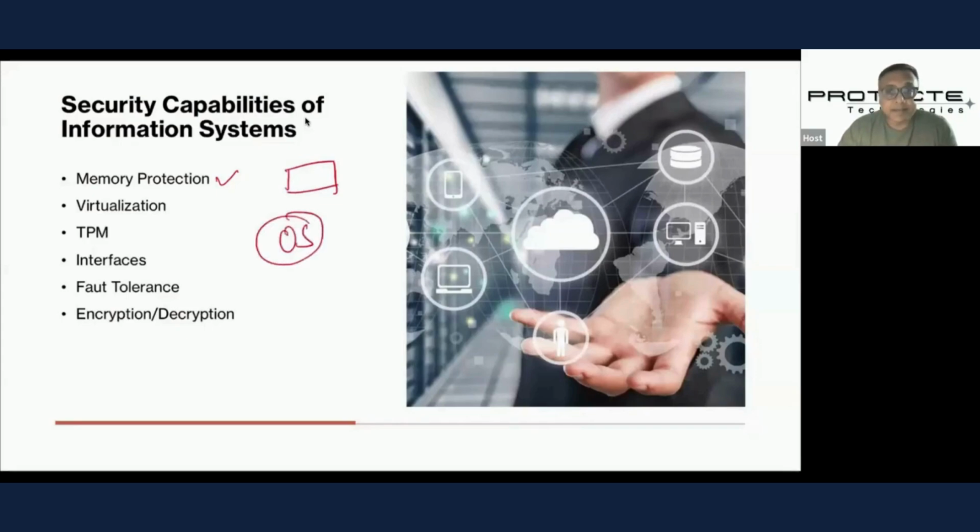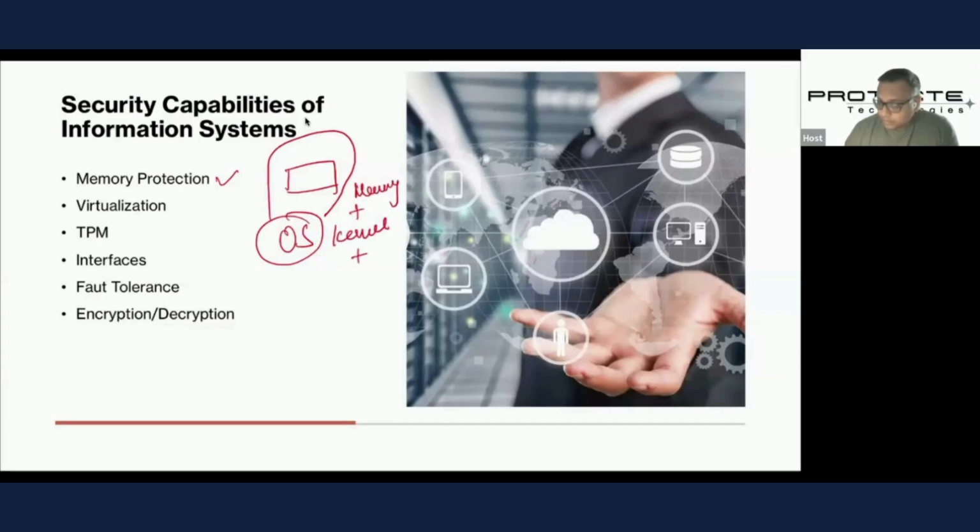You do not have direct access to the random access memory. You can give certain allocations, but you do not have access to it. The random access memory is part of the operating system's work. The operating system might employ many techniques to protect the memory. The OS, the kernel, and the memory,